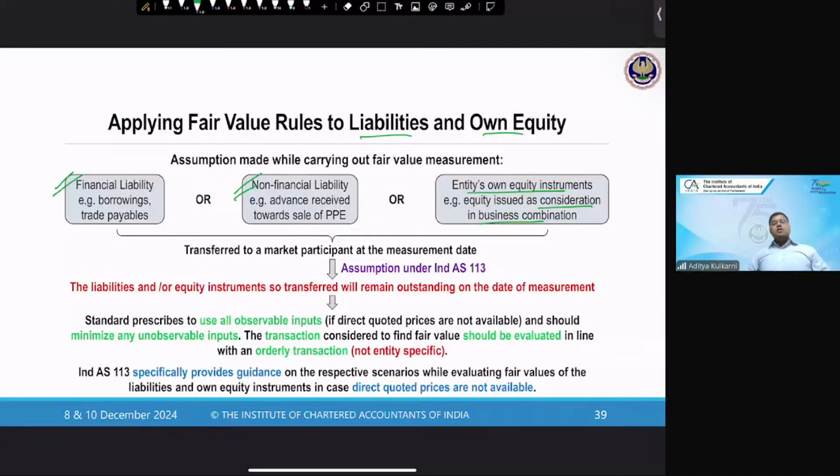Own equity should always be at fair value because your purchase consideration should be at fair value. You remember I told you for goodwill to be at fair value, you need three things at fair value: assets taken over at fair value, liabilities taken over at fair value, purchase consideration at fair value. When you compare all these three things, the last item is going to be your goodwill as a balancing figure. It will automatically come in at fair value. Is it okay?